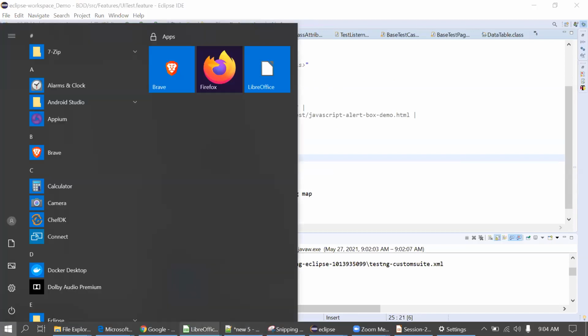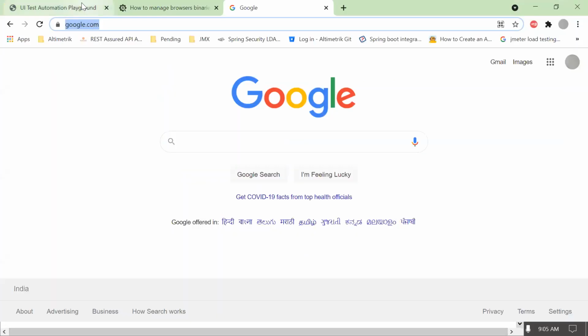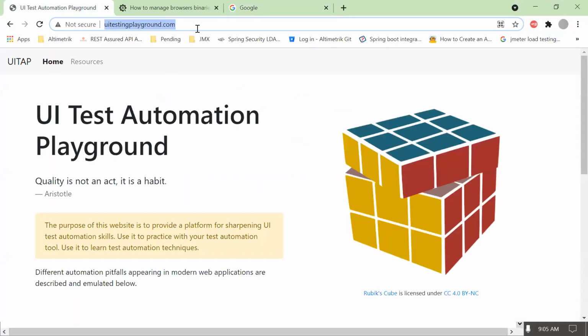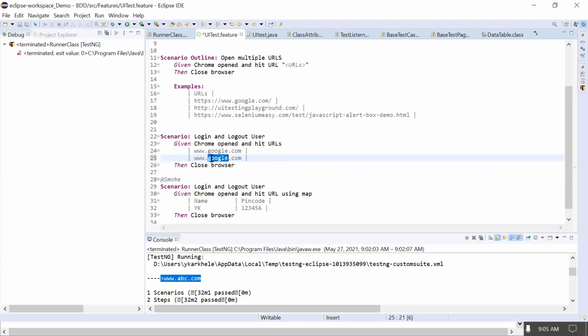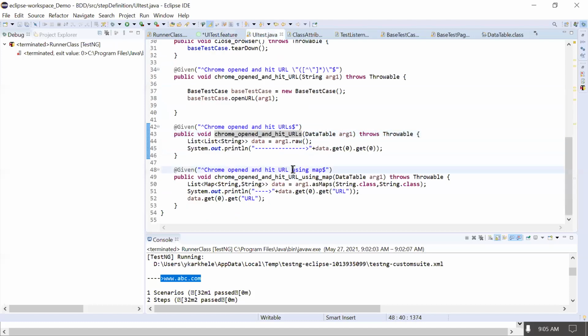Let me copy one website name from the UI. This one. I can copy from here as well. That's fine. I'll go inside this method and print another one as well.